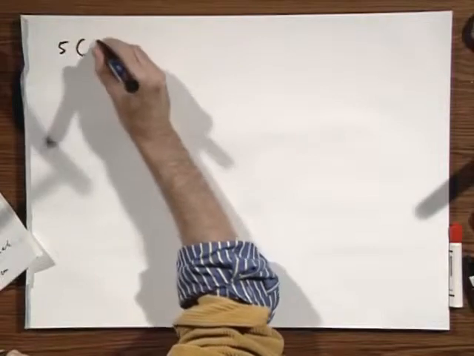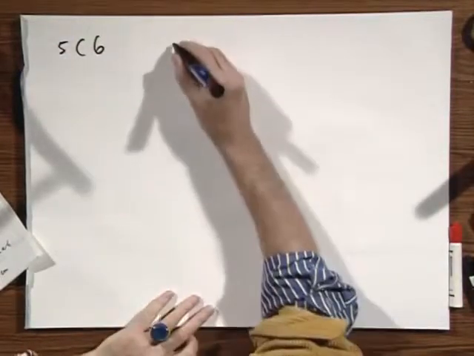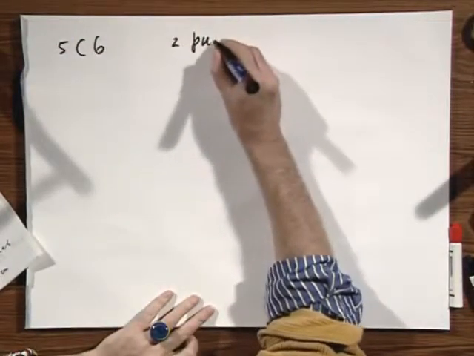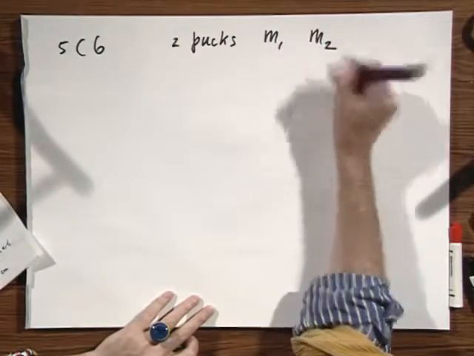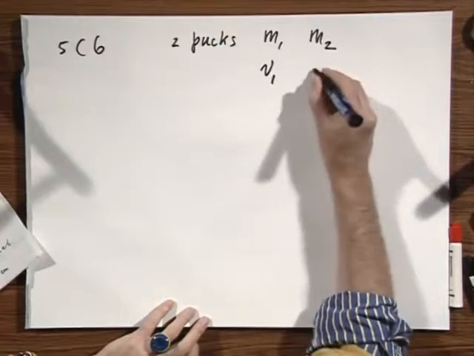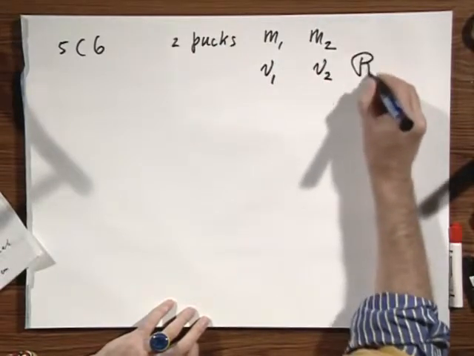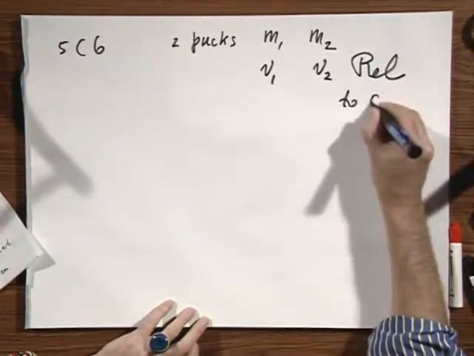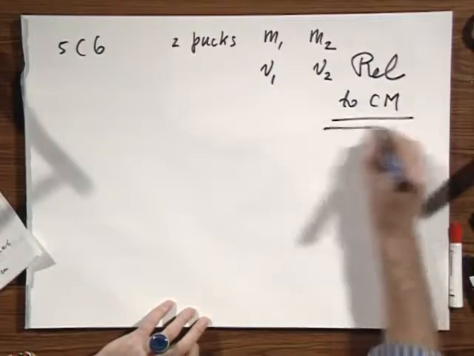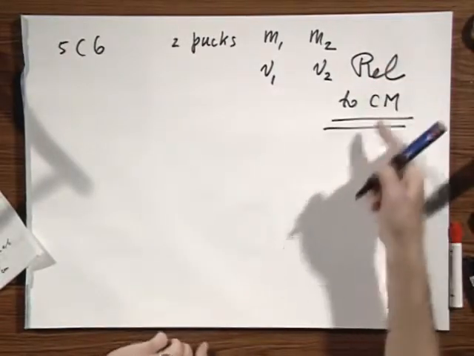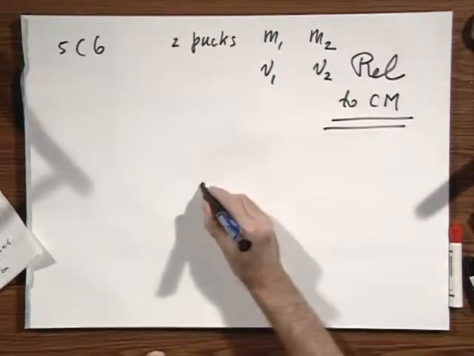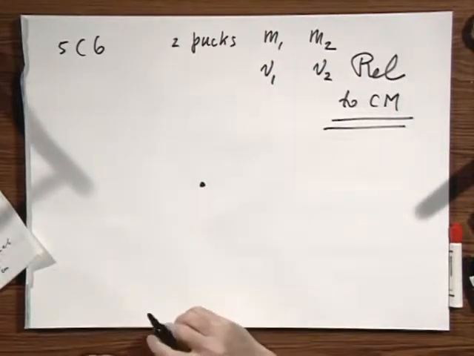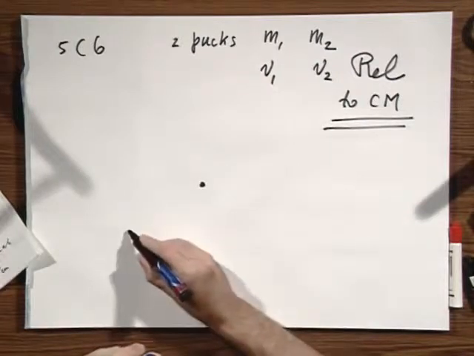And this is 5c6. I believe it's our last problem, at least the last one that I will do. Not sure though. I have two pucks, M1 and M2, and they have velocity V1 and V2 relative to the center of mass. It's very important. It's not relative to my lab, it's relative to the center of mass. So, here is the center of mass. I am moving with the center of mass frame of reference, and so